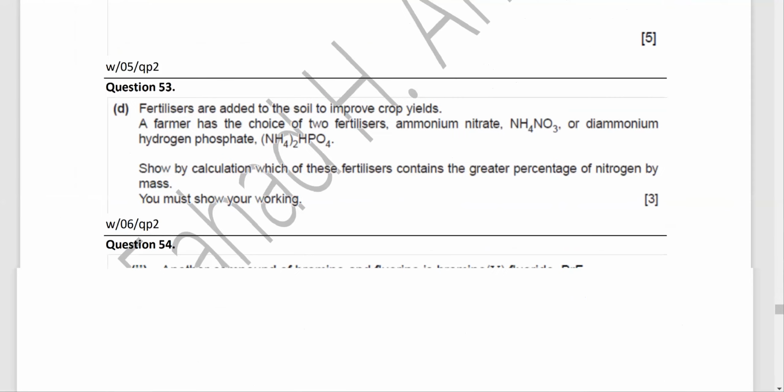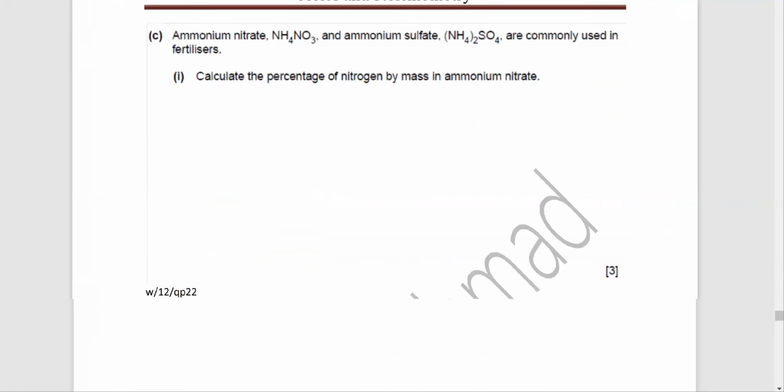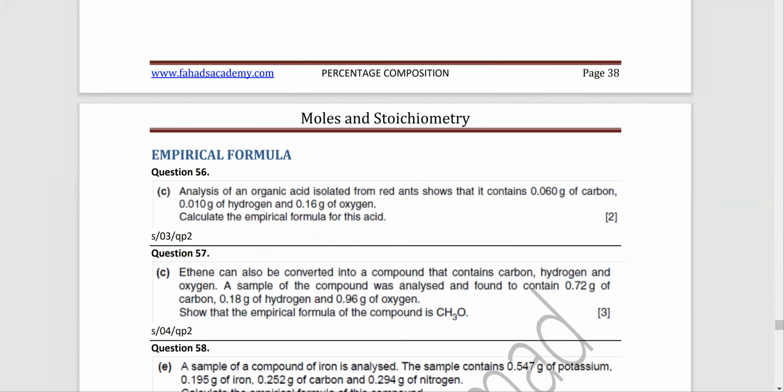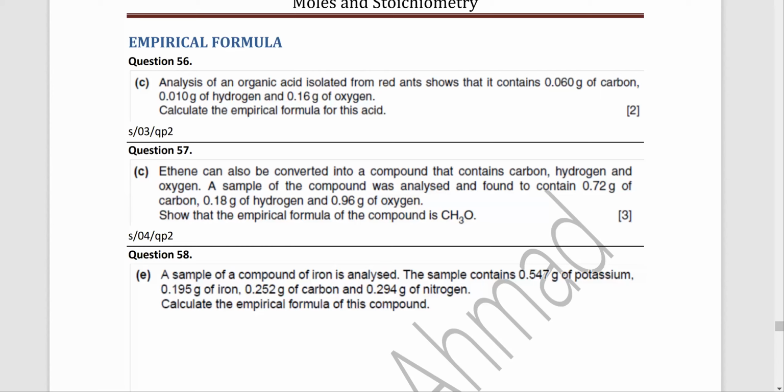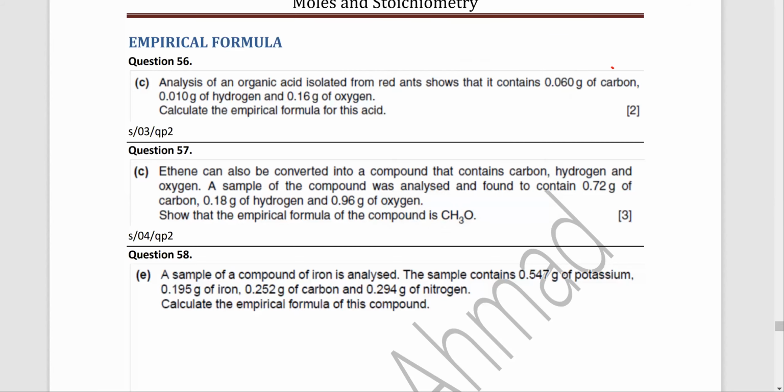Okay, this was all about percentages. Let's skip this. Empirical formulas, basically this one. So what are empirical formulas? It's very easy. This is probably the easiest moles question that you're going to get. In empirical formulas, for example, I'm going to pick this example where now it's the reverse. What were we doing before? We were finding percentages. Now the reverse is given. The masses are given. There's a formula of a compound and it has 0.06 grams of carbon.